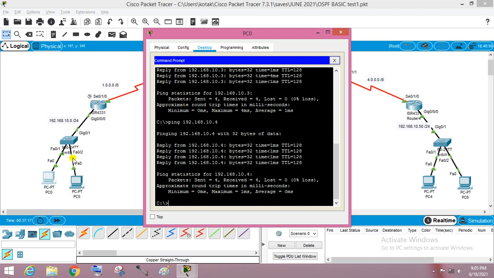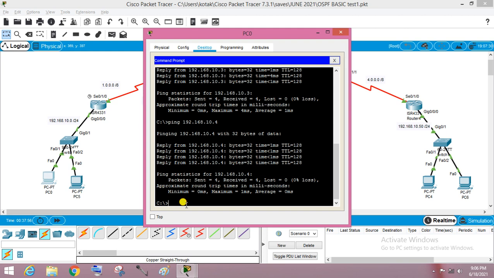So even if we are not using a router, this PC can communicate with this PC. And if you don't want to use this switch and you want these PCs to communicate with each other, then you have to connect both PCs with a crossover cable. So if you want to communicate between similar devices, you have to connect them with a crossover cable. And if you want to connect dissimilar devices, such as a PC with a switch, you connect with a straight-through cable. So in both scenarios, we have cross verified that this PC is pinging this PC.